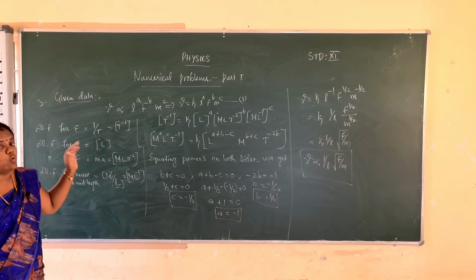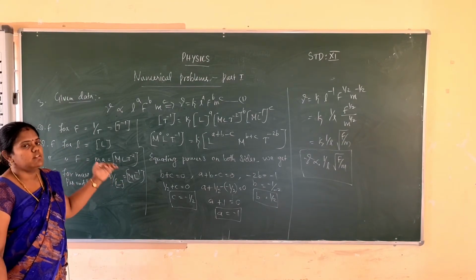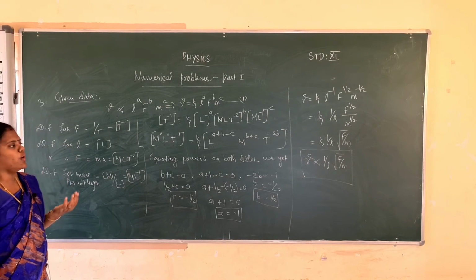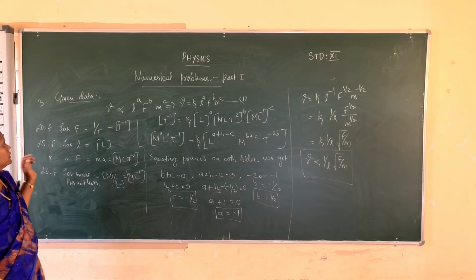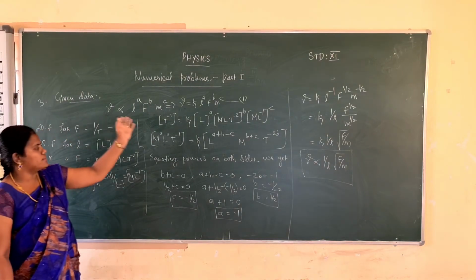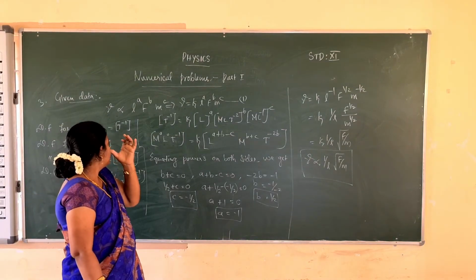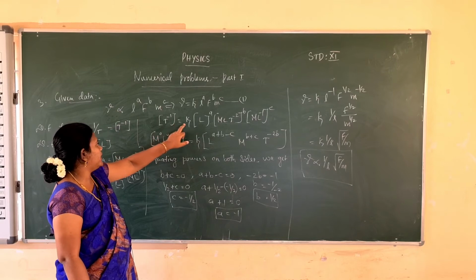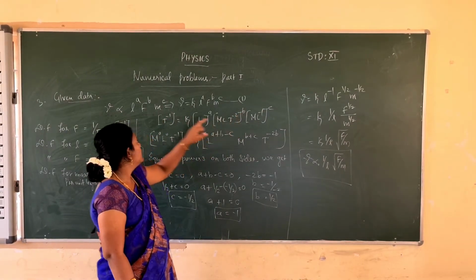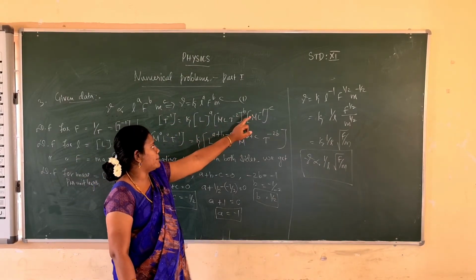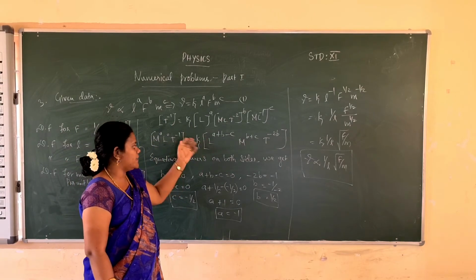Students, all of you know the steps to be followed to solve this problem. Already in your book one example problem is there; you also work out this example problem. First find the dimensional formula for all the quantities, and then substitute. Nu is T power minus 1, K and L is A, F is M L T power minus 2B, and M is M L power minus 1 C. Substitute all the values, and the powers on both sides will be equal.